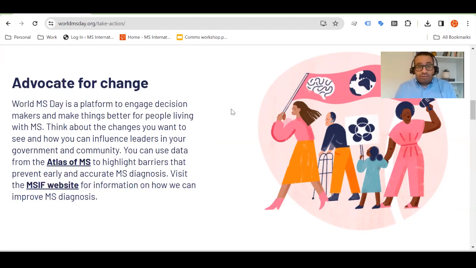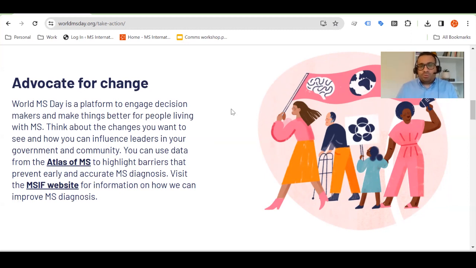So I really encourage you, if it's not this year and you have already planned other activities, perhaps for next year, to see what you can do to improve access to diagnosis, and also remove barriers for people with MS to access accurate diagnosis, wherever they live.